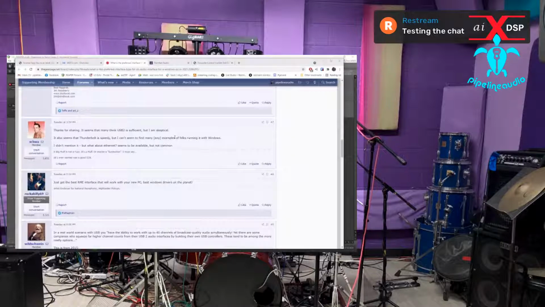He says, it also seems that Thunderbolt is speedy, but I can't seem to find any examples of folks running with Windows. Good point. This is like we've been saying, how many shows now, how useless Google has been lately. It's true. And there actually are a couple. If you go on the Reaper forum, you're going to find some. I think in some of the Discord groups, you'll be able to find it. And then, like we were talking earlier about that Motu 8A 2080S,